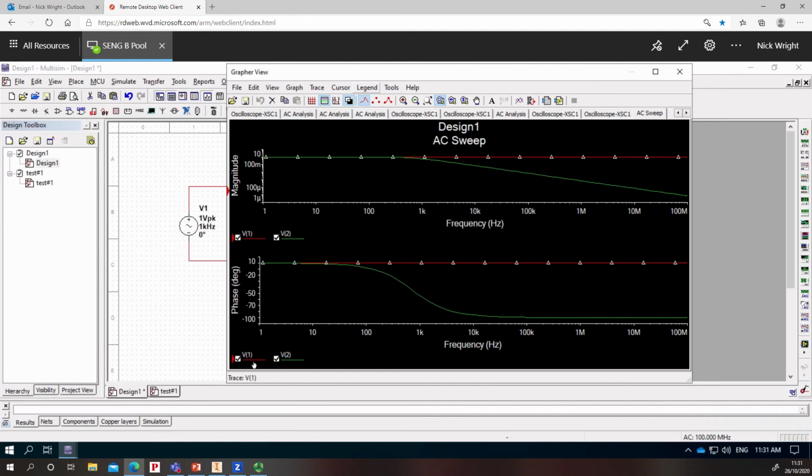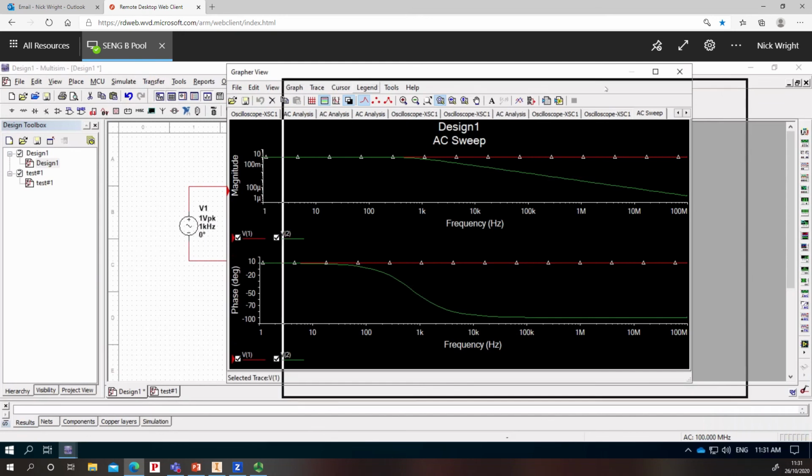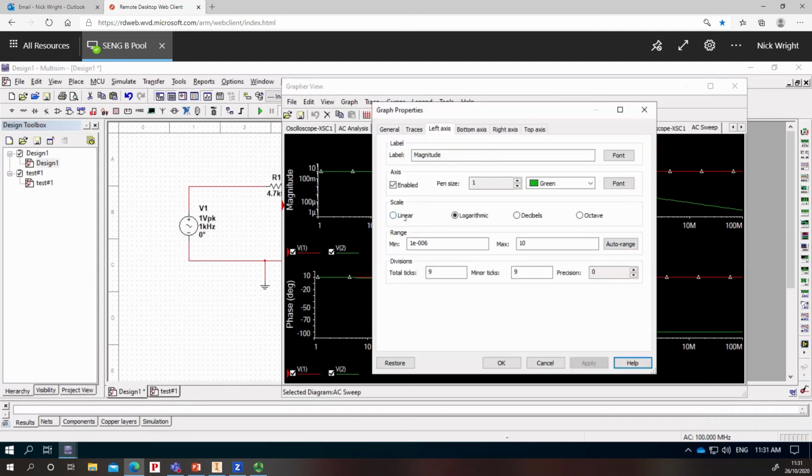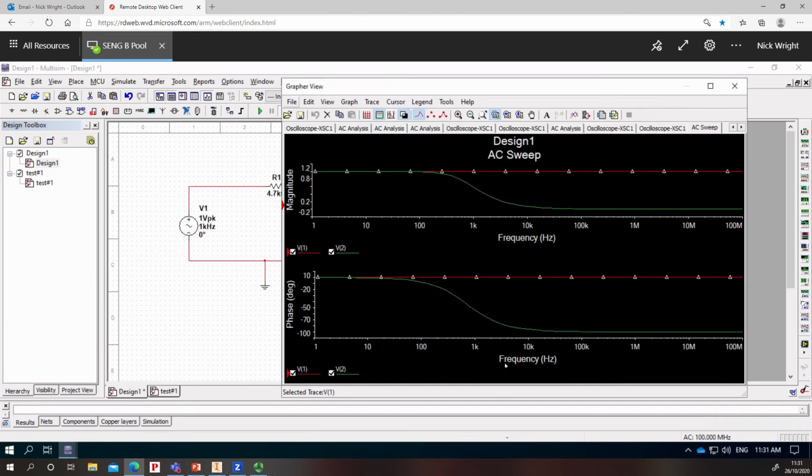Now you can see that the V1 is just fixed. That's the power supply value here, and what's changing is the green line, which is the value of the output point. And if I want to see these in different ways, I can. This is on a logarithmic scale at the moment. If I double click on it, I can change it to a linear scale, for example,